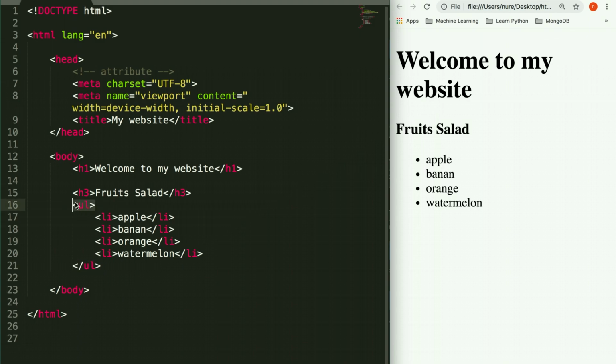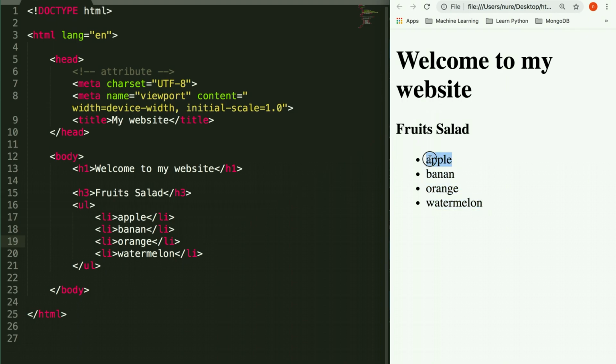Inside the unordered list, I just place the list of items, the list of fruits. Apple is a list item, banana, orange, all of these are list items, and each item is sandwiched between the li start tag and end tag. That's how we can prepare an